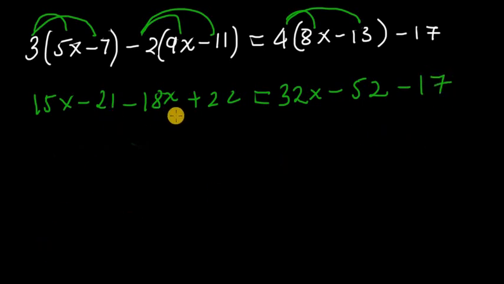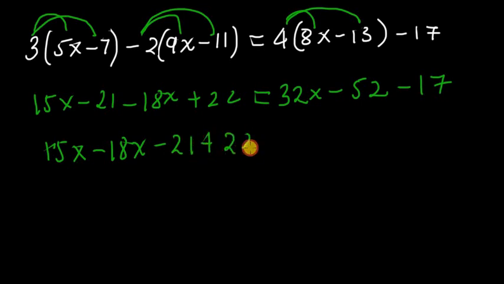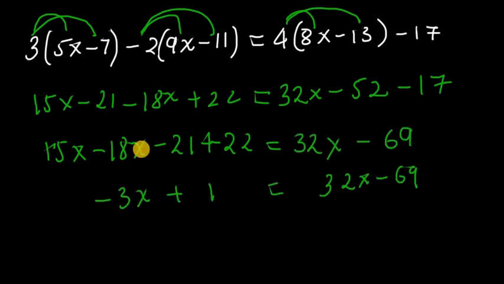So let's add the variable terms and also add the constants. 15x, and we will add it to minus 18x, and then minus 21 will be added to 22. So we have simplified it. Here minus 52 minus 17 adds up to minus 69, and then 32x minus 69 equals